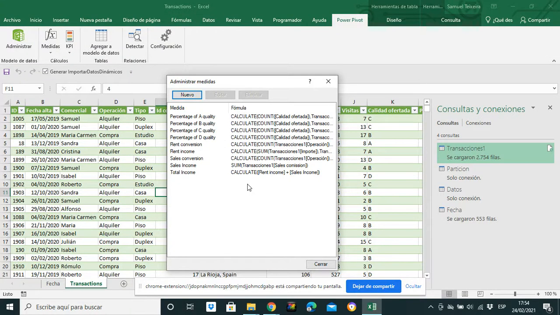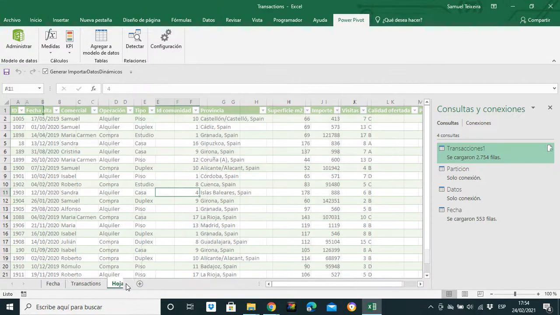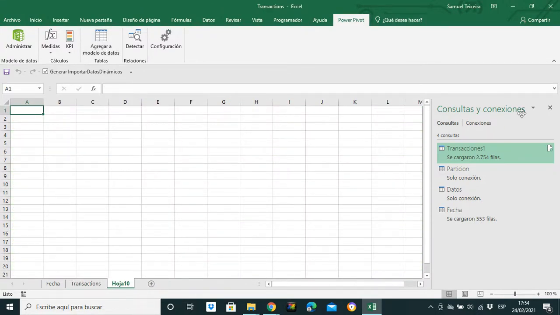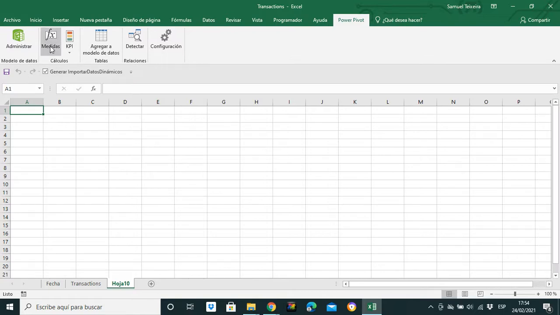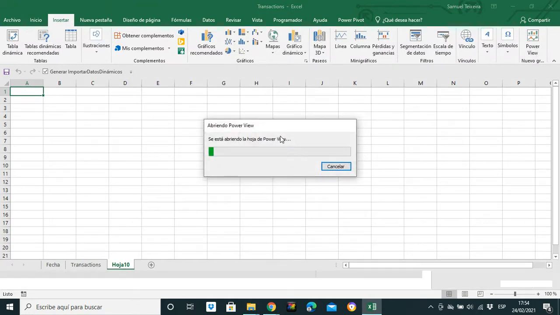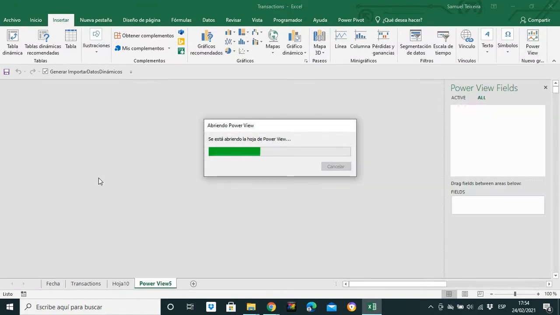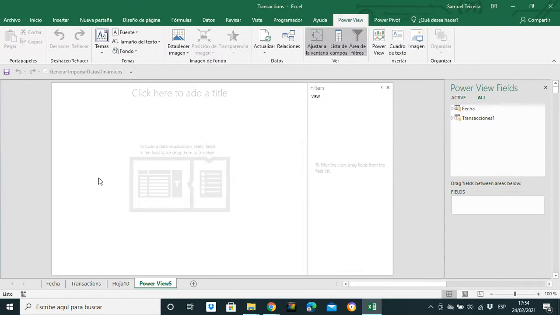So, now let's create our visualizations for the new measures that we have created. Let's close this. Let's open a new window on Excel. Let's open the Power View for data visualization. And now let's start